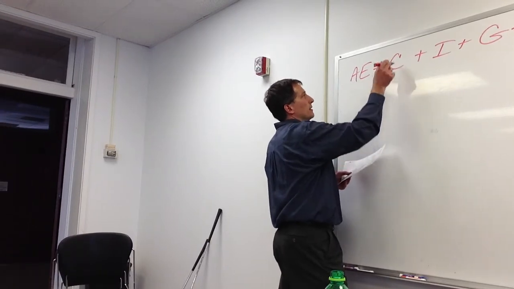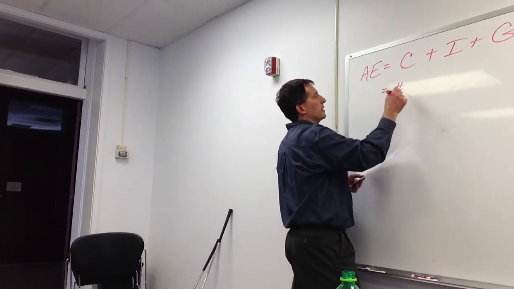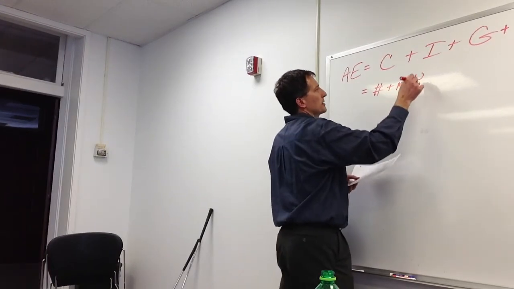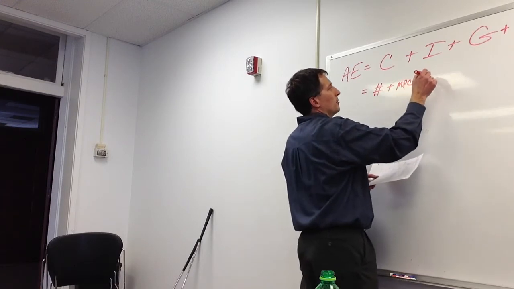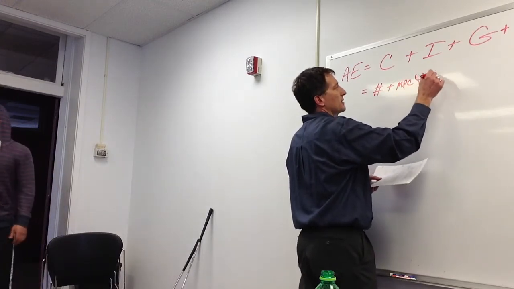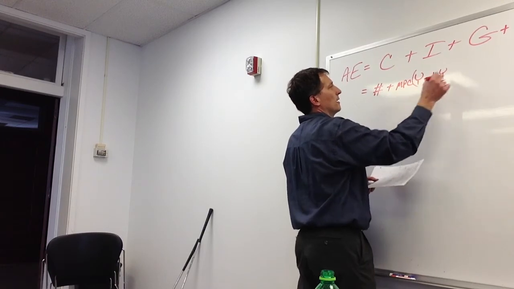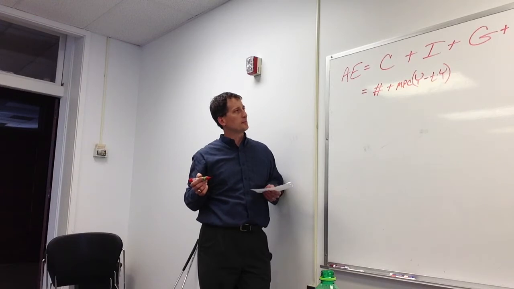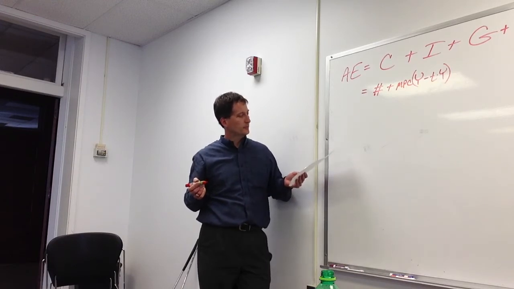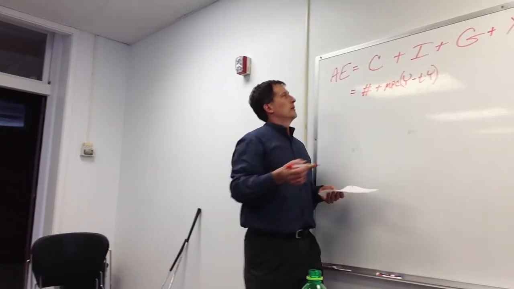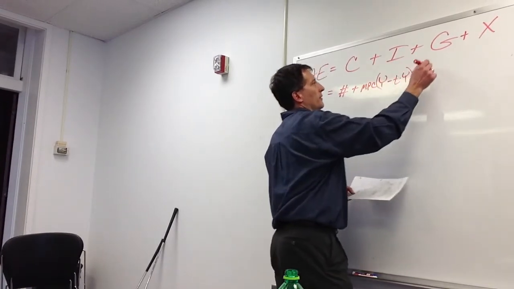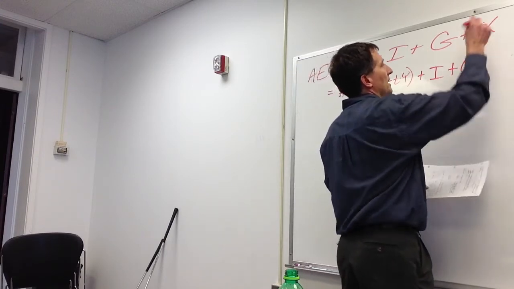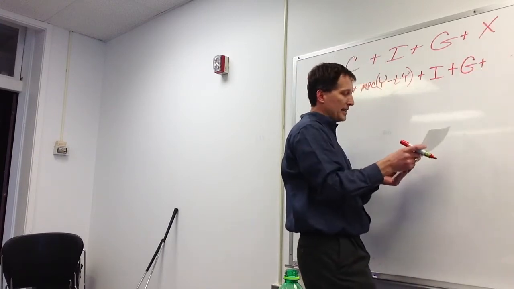What is some number plus the marginal propensity to consume times our income minus our taxes, if we think about the complicated version, disposable income. Plus investment, plus government spending, plus exports minus imports,